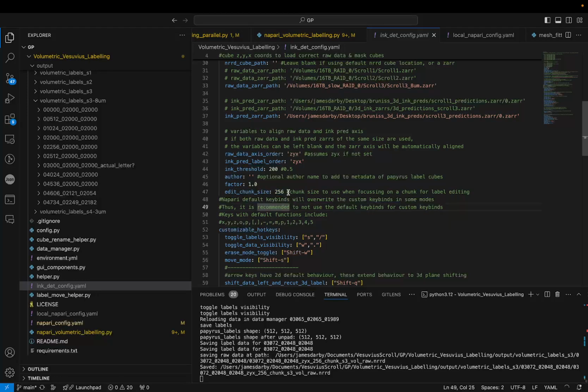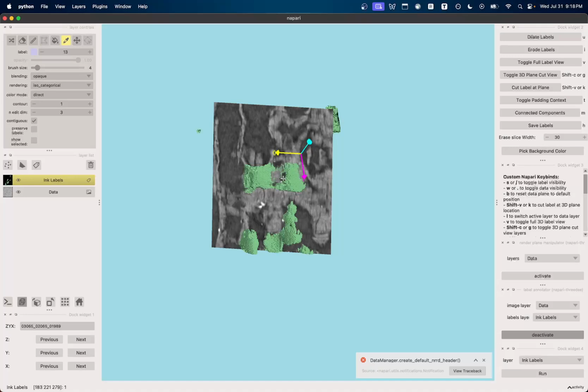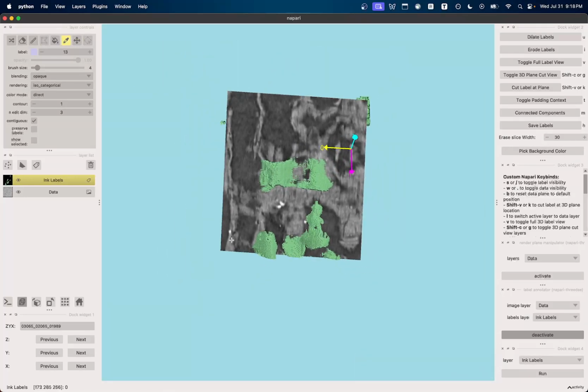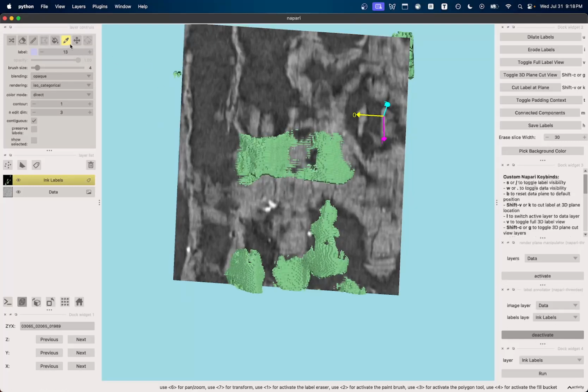If you happen to have more powerful or less powerful computers, you can make the edit chunk size larger or smaller, and this sets the coordinate values with the label you had selected in the middle, so then you can clean up one particular part and save it and have, okay, this ZYX coordinate value lines up with that part. So say we wanted to add a label there, as we already have that there, and then maybe